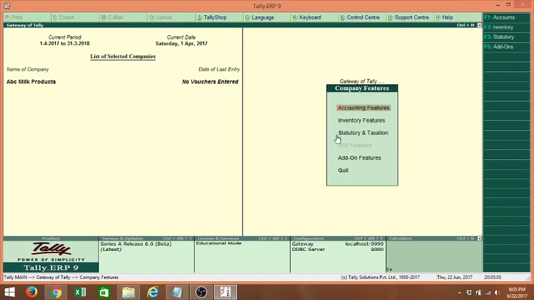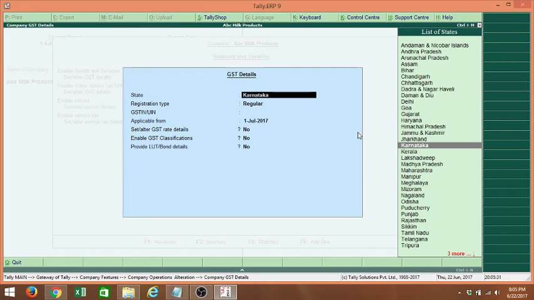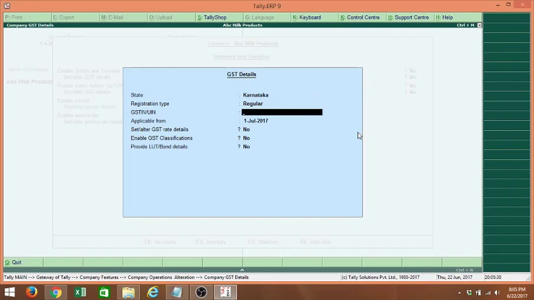Under F11 features, we have to go to statutory and taxation. After going into statutory and taxation, we have to enable the first top left two parameters. One is enable goods and service tax, that is set or alter GST details, and we have to select the state to which we belong, or the state for which we are maintaining books of accounts, and we have to give the GST number. I'm giving some dummy GST number. I'm giving applicable from 1st July 2017,